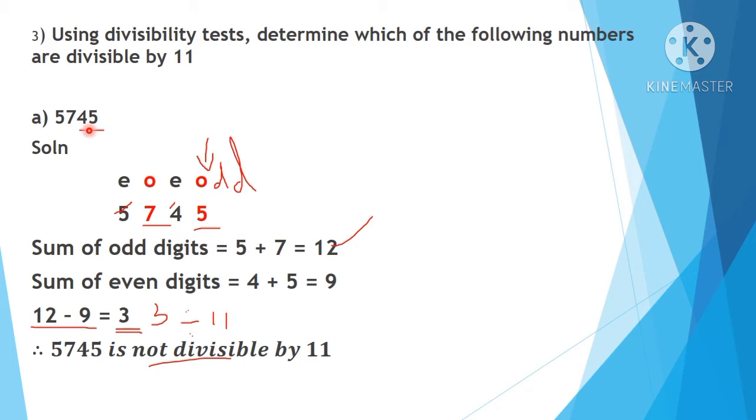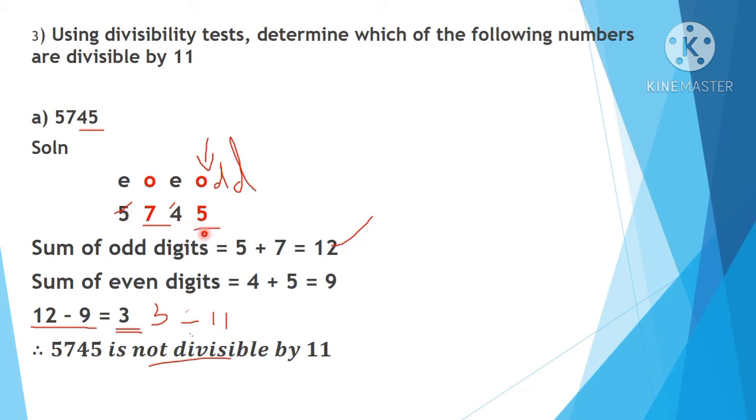So first thing you want to do, children, is write down the odd and even places. We'll start from the ones place and always we'll start with odd. Do you remember, children? We'll write odd, even, and it goes on. So here what are the digits in the odd places? 5 and 7. Here, for easy identification, I have given the color red for odd places and black for even.